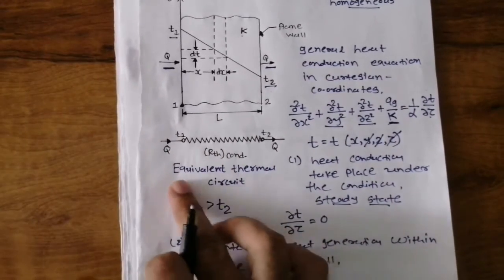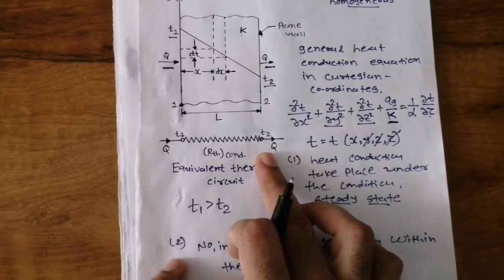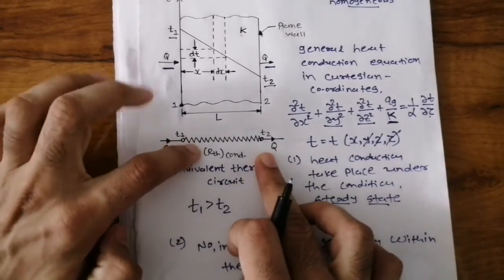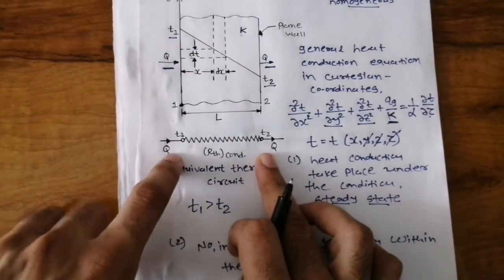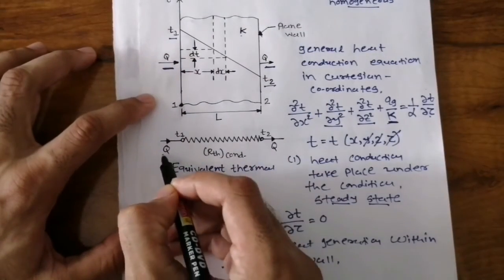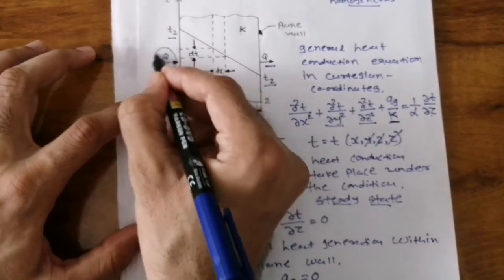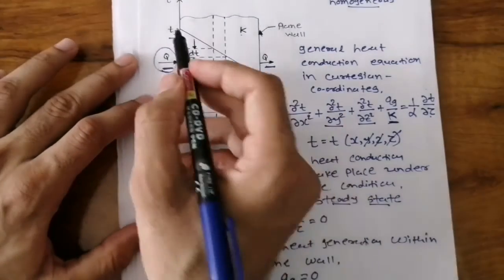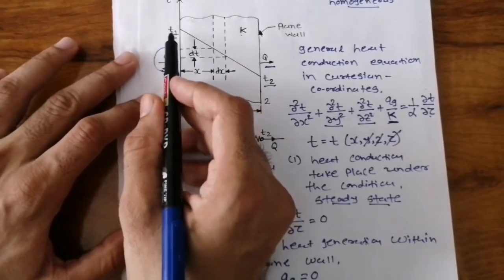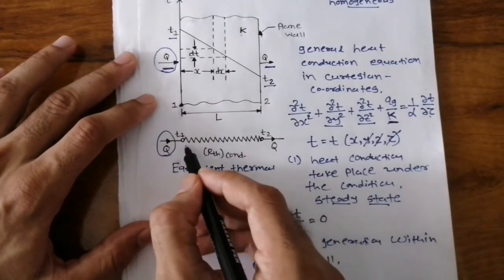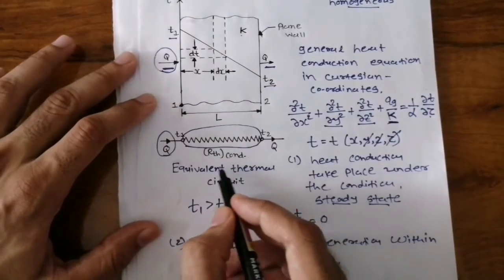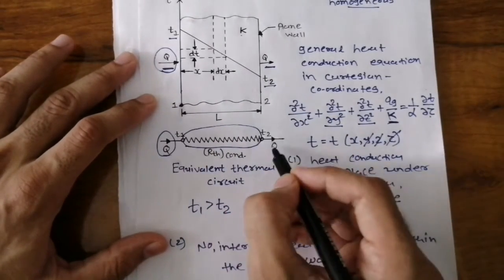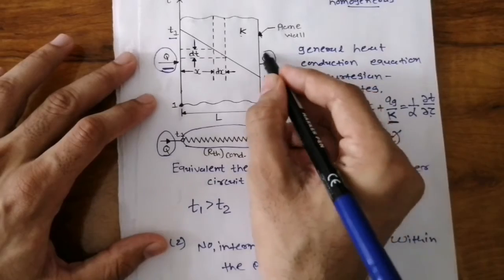Equivalent thermal circuit, you can see here. From this figure we can say that this circuit is there. So you can see here, Q means what? That will be your Q. Now how much amount of heat will be transferred? Due to the temperature difference T1 to T2, the thermal resistance RTH is produced, and that will be your Q. It means outside heat will be there.